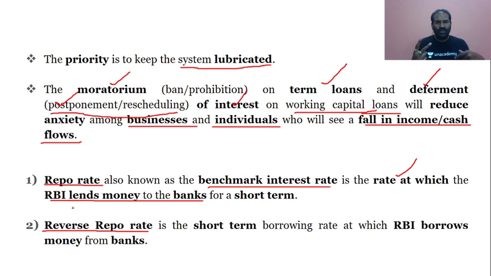There is 2 percentage of the interest wherein the RBI is lending money to the banks. That means when it is at a lower interest rate, banks will take money and banks will have more money with them. And the intention of the RBI is also to make sure that the banks will possess more money with them. Why this intention? Because RBI wanted to inject more money into the banks so that there is more liquidity in the banks.